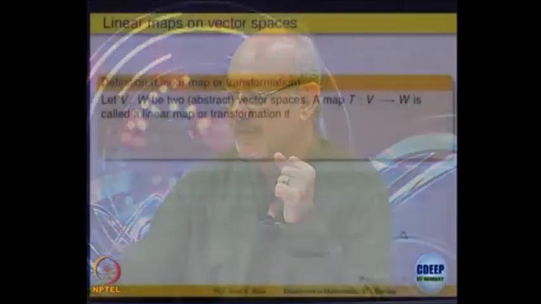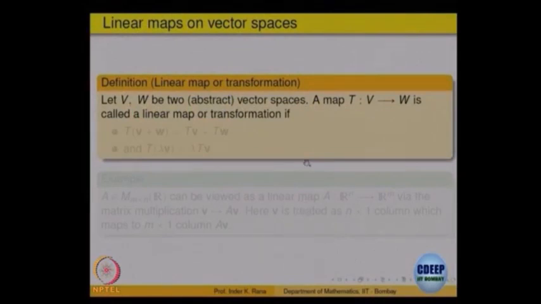Okay. After defining vector spaces, what did we do? After having defined dimension, basis and everything, the next thing was looking at maps between vector spaces, transformations, right. So, let us do that now. Let us look at two abstract vector spaces V and W. They will be arbitrary vector spaces, right.